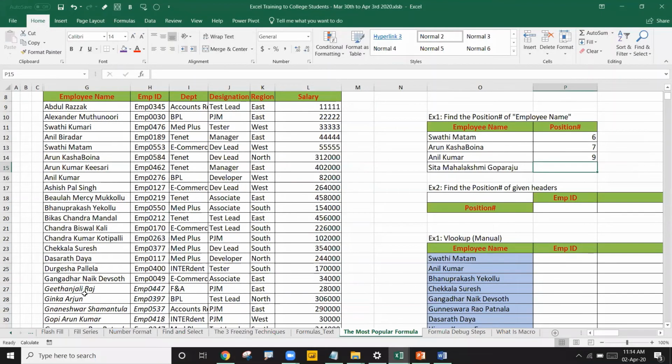You may think that I'll use Control F. Even if you found her using Control F, it is not the 28th row where she's sitting, correct? So instead of that manual way of counting position numbers, let's use a formula called MATCH. Once we learn MATCH, then we'll get into VLOOKUP. So using the MATCH function, you can get the position number.